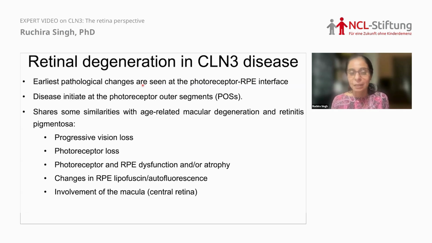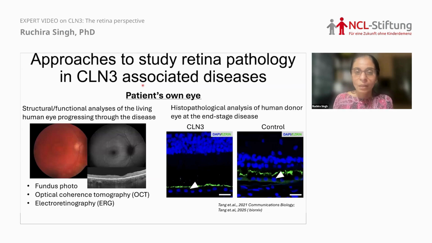And for example, in macular degeneration, it's the central retina or the macula that's affected, and that's also what's initially affected early on in CLN3 disease. So there are a lot of similarities, but mechanistically, it is unclear how similar these diseases are in terms of disease development and progression. So there have been multiple approaches that have been used to study the retina pathology in